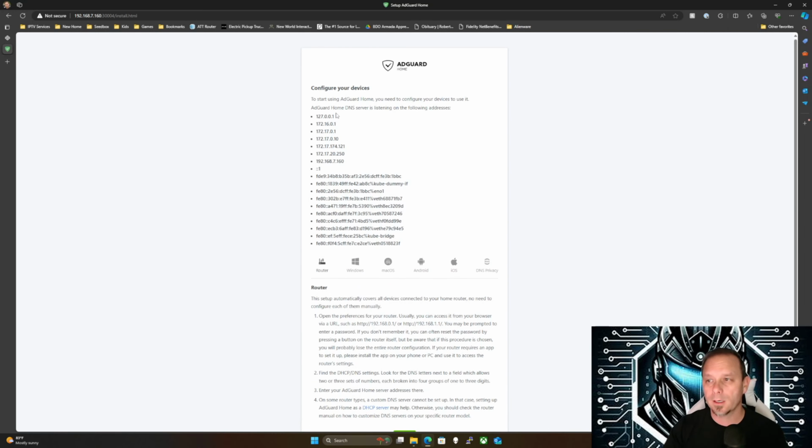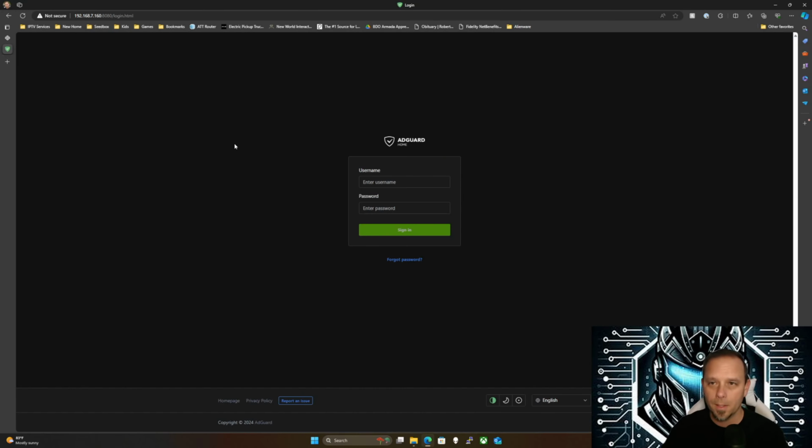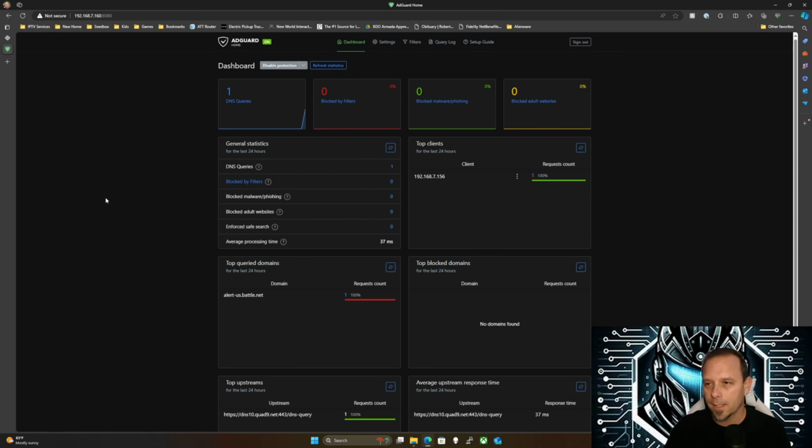Then once we get here, it says to configure your devices to point to this. So we're going to hit that open dashboard. We are going to type in the username here, which was our Cyber Warrior Wisdom, whatever you created it as, and then that password, or I should say passphrase, that you created. We're going to log in here. And now that we're logged in,